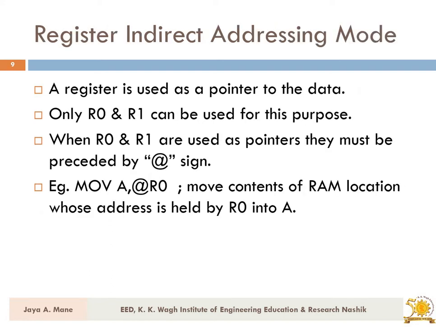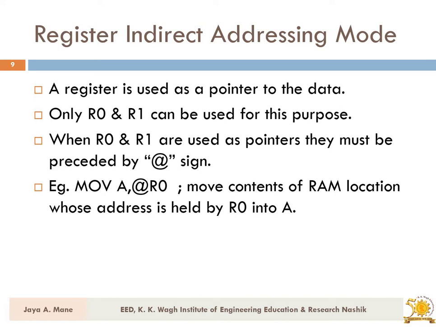Right. Next, moving ahead, you have register indirect addressing mode. Now this one is an interesting one. Here, you are providing the address indirectly. When you use register indirect addressing mode, the symbol @ helps you to define that it is register indirect addressing mode. That is the first indication: as soon as you see @ in the instruction, you get to know that it is in register indirect addressing mode.